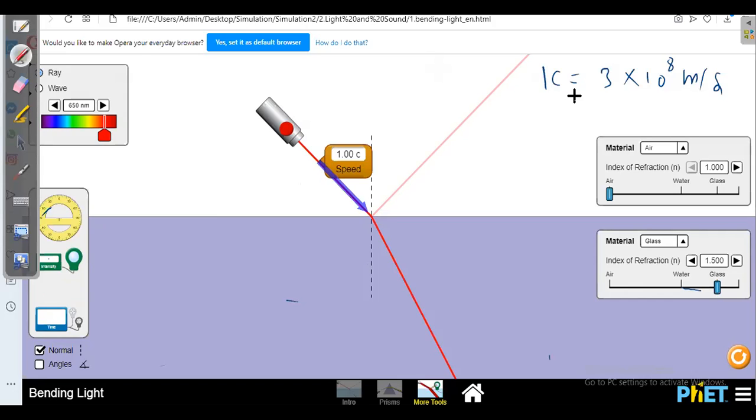Once the wave goes to a different medium, definitely the speed of the wave will be affected. The speed of the wave in any medium is equal to c divided by square root of epsilon r. Do you remember? The speed of the wave in other than free space or air is c divided by square root of epsilon r. That means when the wave is going into another medium,